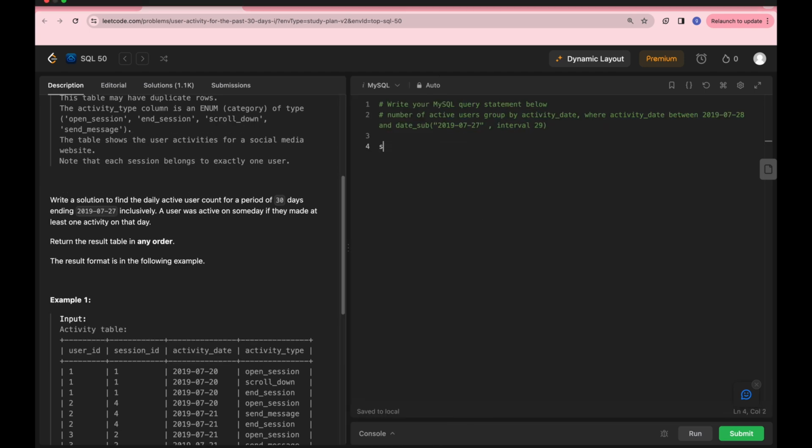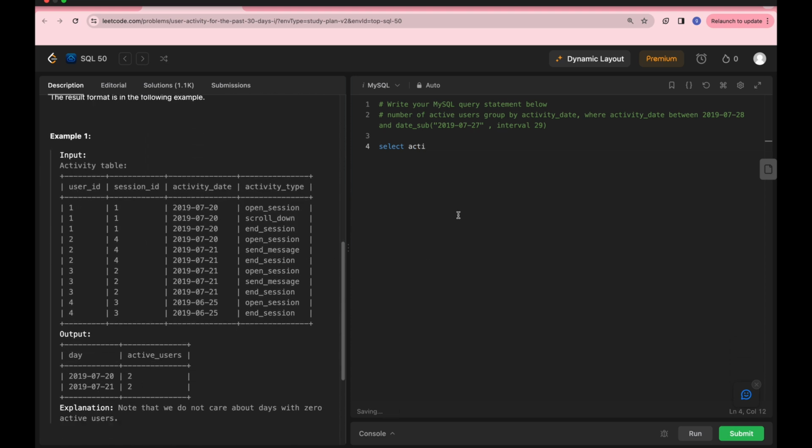So we are going to select activity date because that's what we need to show here. Activity date, and we call it day. Next, we're going to have the count distinct user ID as active user. We need to count distinct because when we group by activity date, we have duplicate rows of user ID number 1 here, so we want to count the distinct user ID. All right, so I'm going to select those from the activity table,